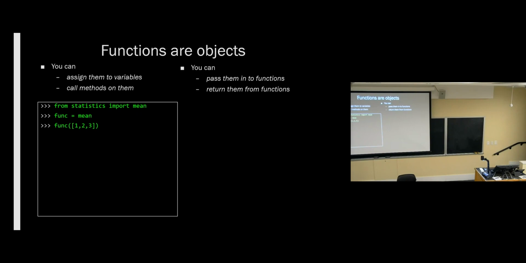And now, since this variable is a function, we can put a set of parentheses on it. And calling this function now will call the function that we assigned it to. So we get 2. 2 is the mean of 1, 2, and 3. And now we can reassign this variable to a new function, call it again, and we get the other result. So it's really just like any other variable, except the value is a function, and you can tack parentheses onto that value. And by tacking parentheses on that value, you're calling the function.